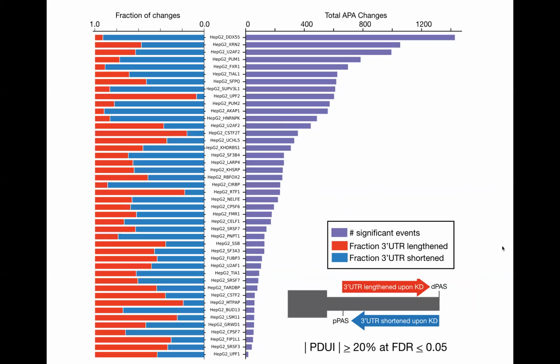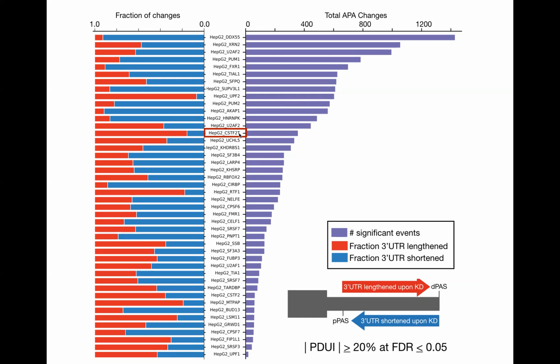regulators. Next, we can look at the primary effect of RBP knockdown on the direction of APA change. So did the UTR get shorter when the RBP was knocked down, or did it get longer? And that's shown in blue and red respectively. Importantly, we see some positive controls in this initial analysis that are consistent with what is known in the literature. For example, we see that